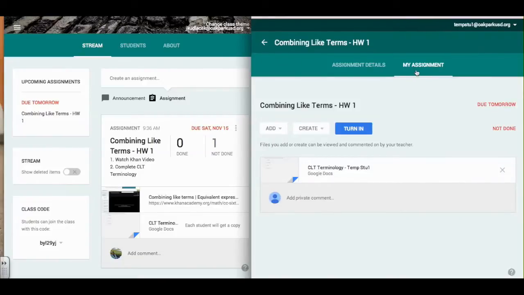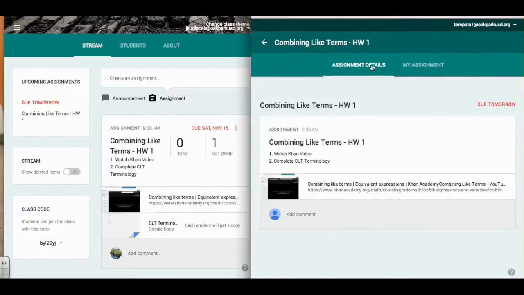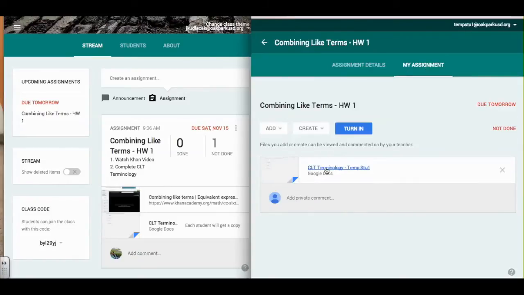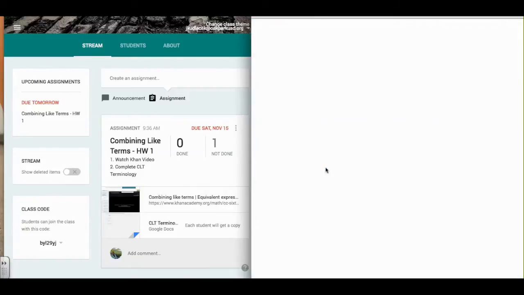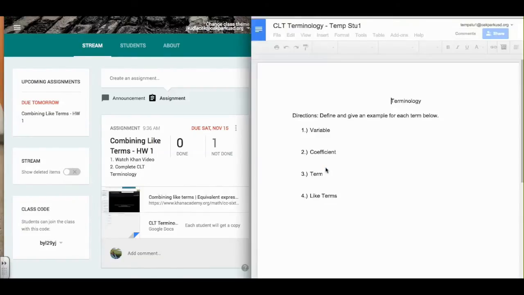So I have the assignment here. I also have assignment details, so I can read through the directions. I can click on the link to watch the video. But if I go to my assignment, here's the Google Doc that my teacher's given me. So if I click on that as the student, it takes me right into my drive. So the student can work right in here,